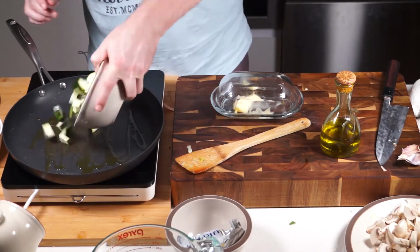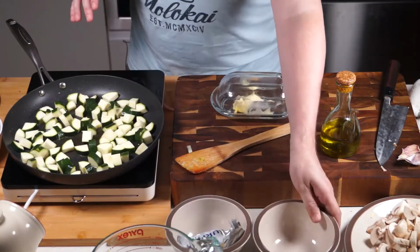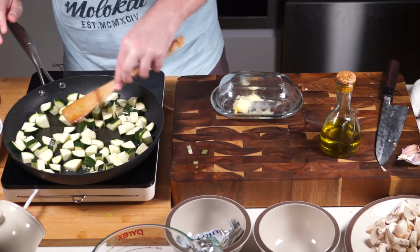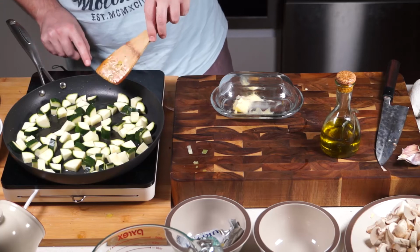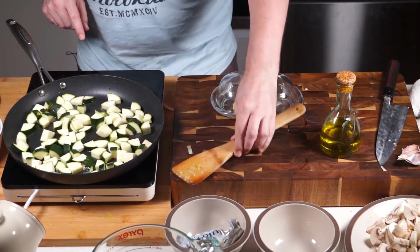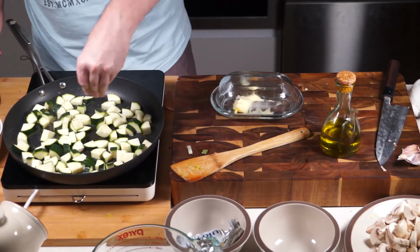Yeah, that's sizzling nicely. So we'll just pop those in, spread them all out nicely like that. And I might turn this up a touch actually and get these going a bit. That's looking good. And again, each time we do this with each new ingredient, we're just going to give it a little pinch of salt